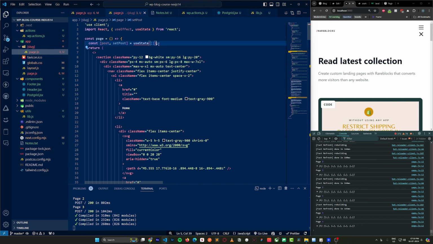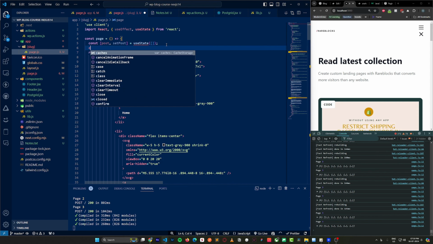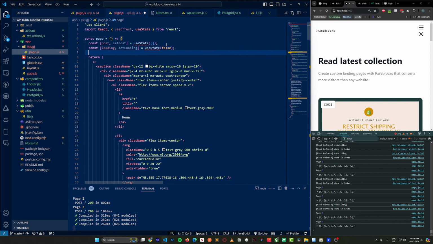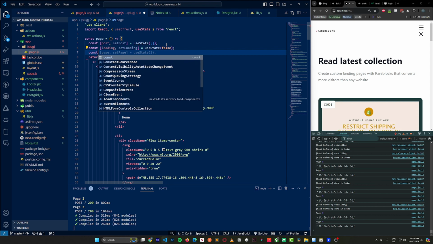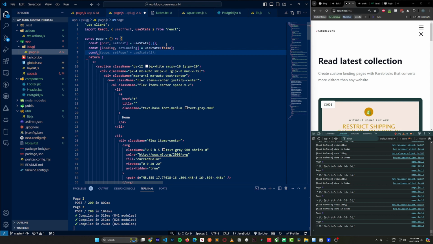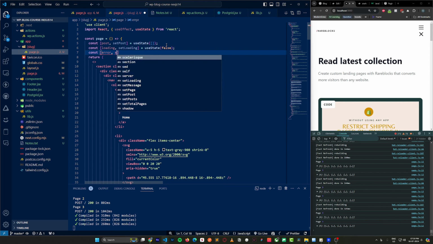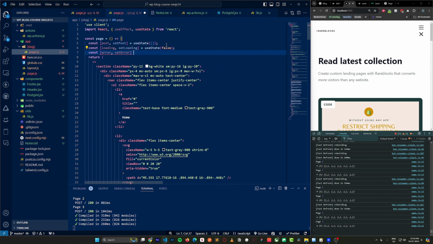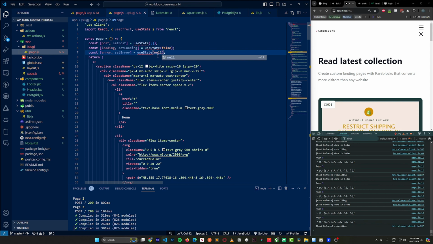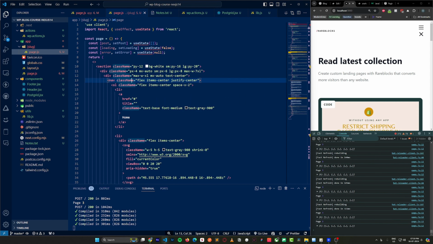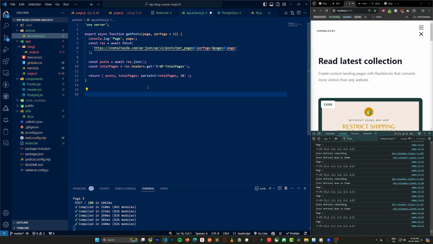Okay, and after that again we are going to need loading. Okay, and we are also going to need error here. So error, set error equals to use state, and by default it will be null. Okay, perfect. So now we can go back to our WP action and create a function to fetch a single